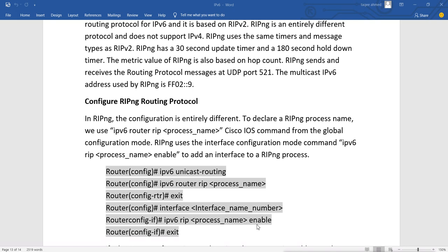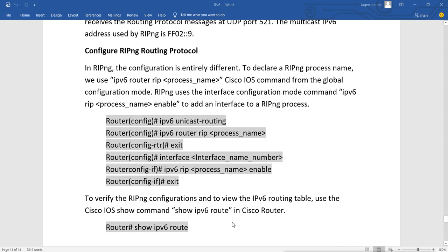So the difference is that instead of introducing the network, we actually enable the process on the interfaces we want to use for RIPng. And the same command to verify is show ipv6 route.